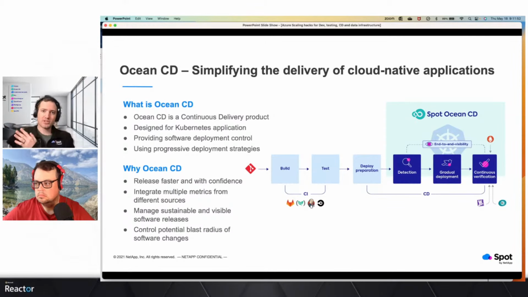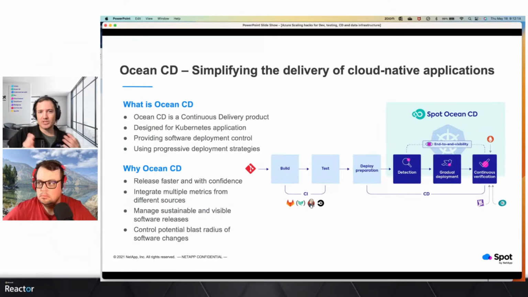And what our SaaS layer is going to tell us is, okay, what do we do with this new version? Is this a canary deployment? Is this a rolling update? Should I check Prometheus? Should I check New Relic, Datadog? What are the metrics that I want to check? And all of that can be reused over and over again.